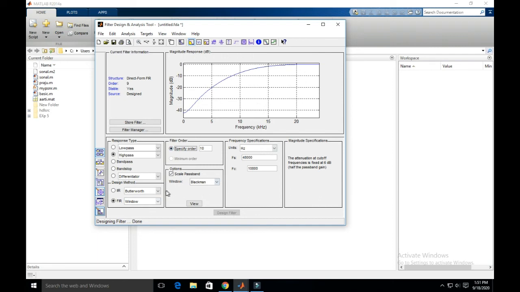In the same way you can use an IIR filter also, that is the infinite impulse response filter. Again the same thing, you can select the filter order. I will select the minimum order. Then you can select passband or stopband, and again the frequency specification and magnitude response.